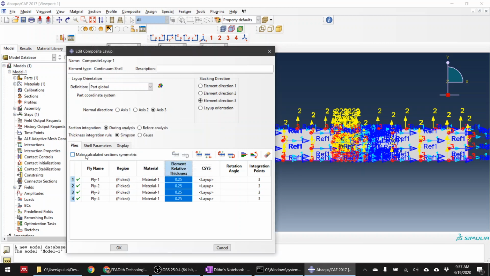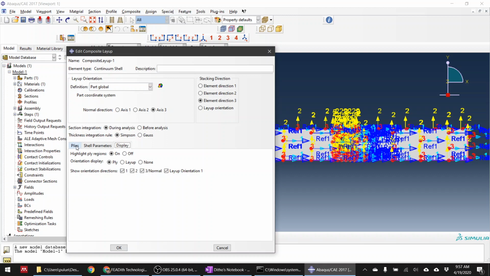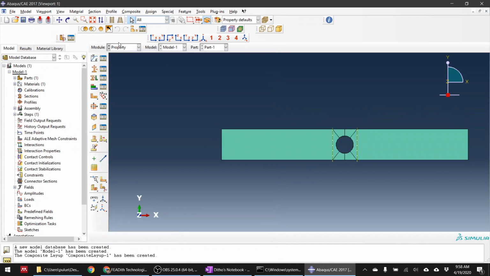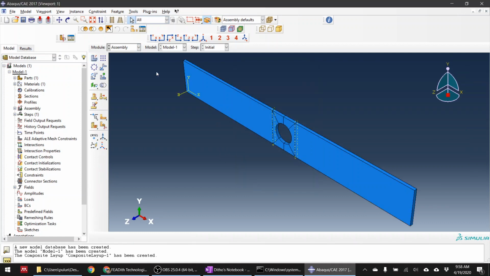Then make sure you click this one, make calculated section symmetric. And rotation angle, this is 0, this is 45, this is minus 45, and then this is 90. Okay, and then there's no need to change anything here, and then you click OK. Nice, that's it. And then we go to assembly, we create it easily, and I go to step, we create